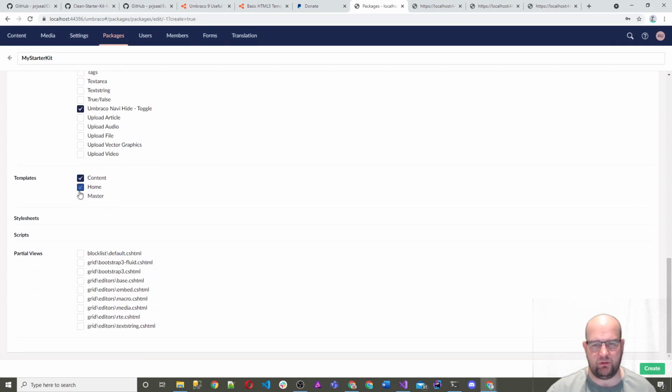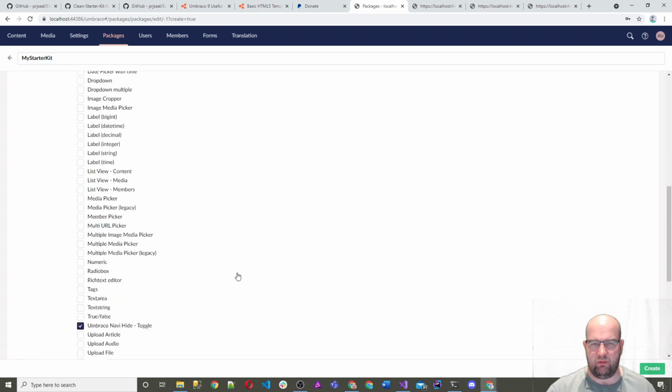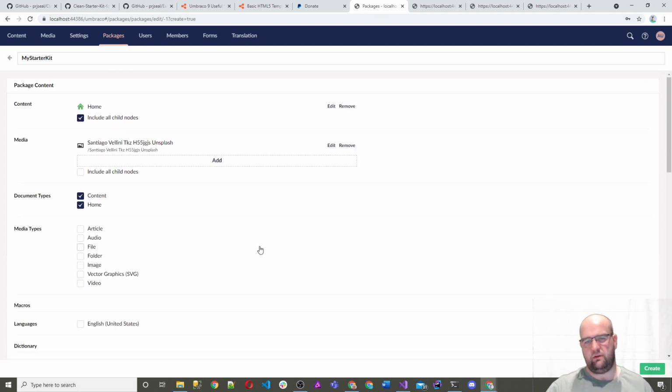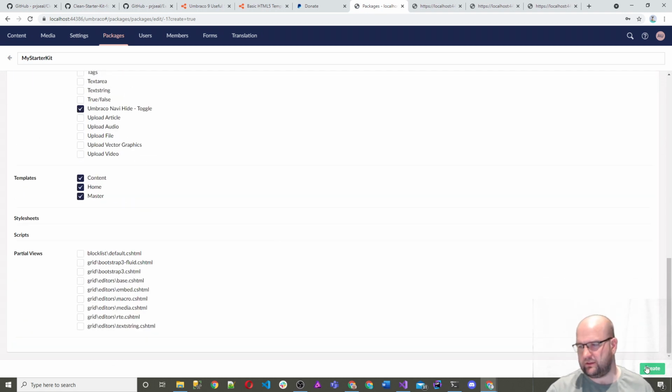The templates I want to include are these three. And do I want to include any partial views? Well, at the moment, I didn't create any partial views. But if I did, I could tick them in here, and they would get brought across with the package migration as well when it gets installed. So that's it for now. Don't need to select anything else, so I can just do create